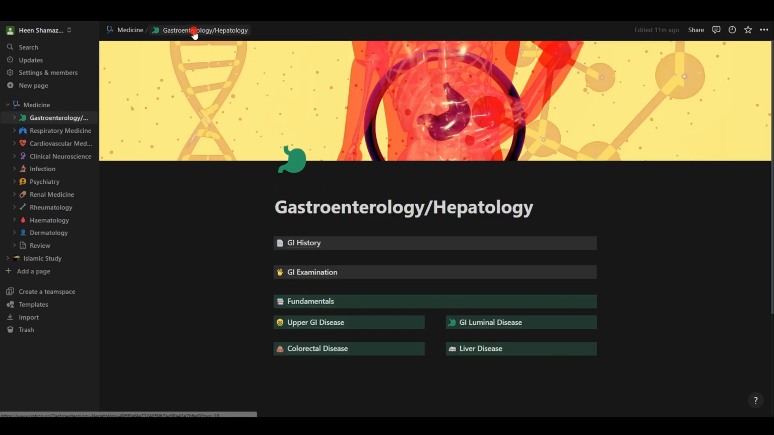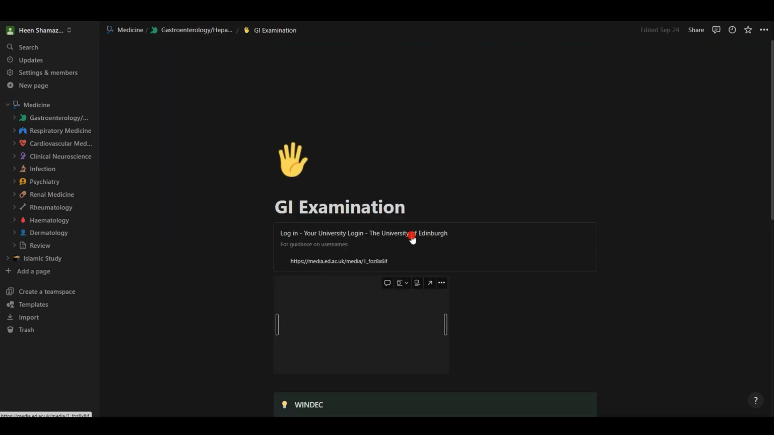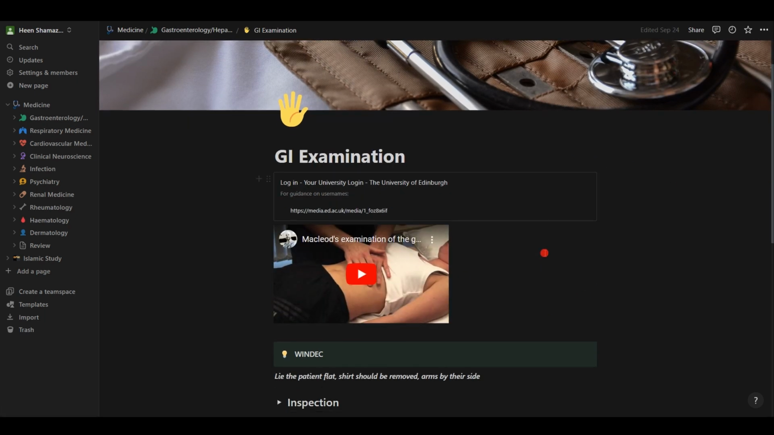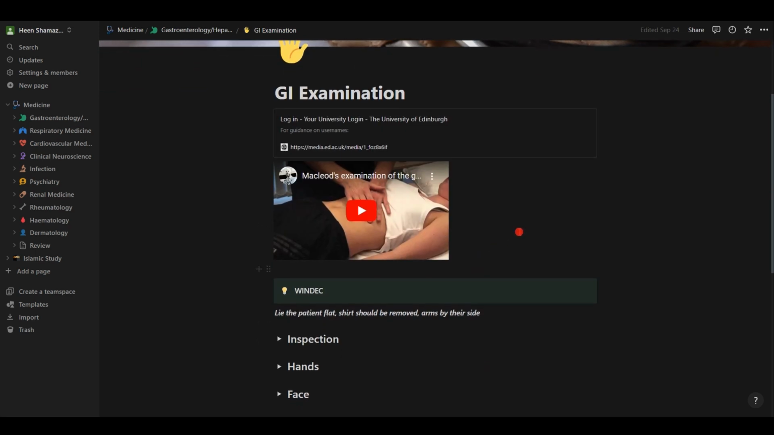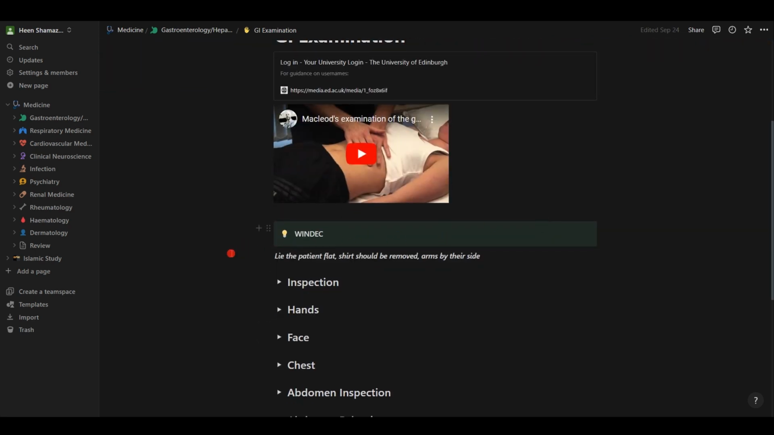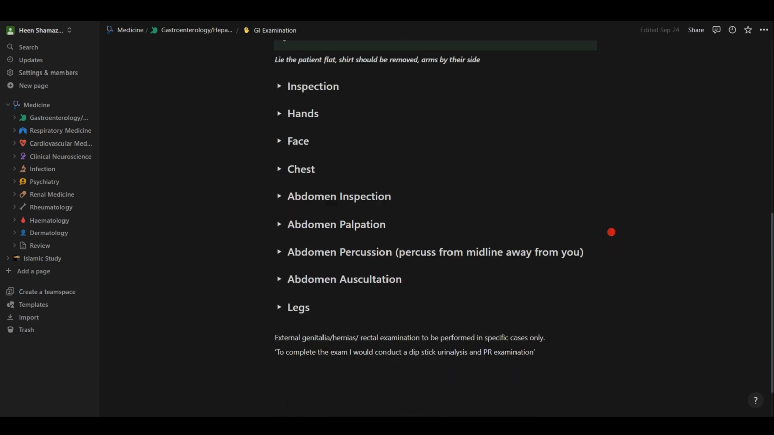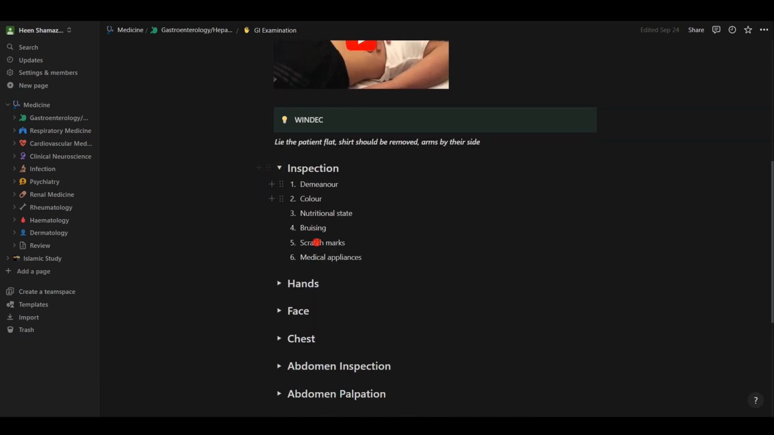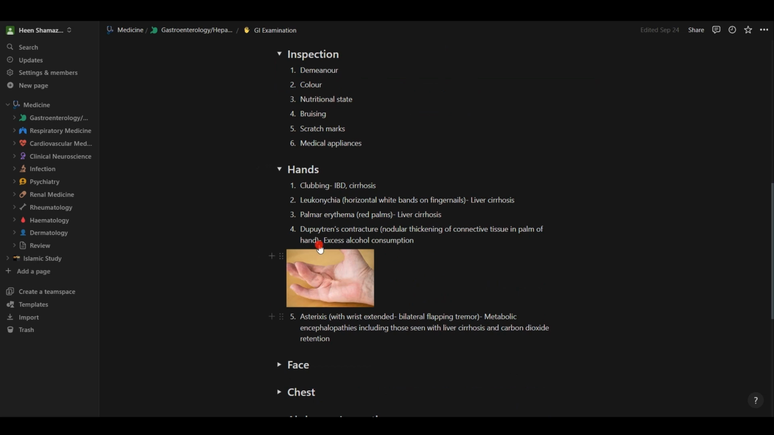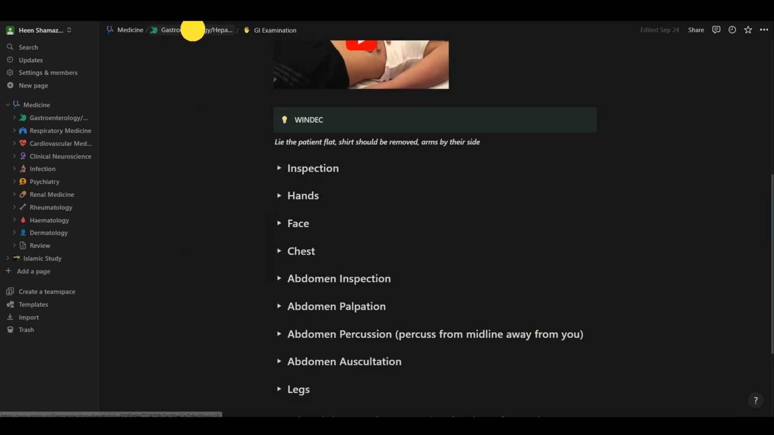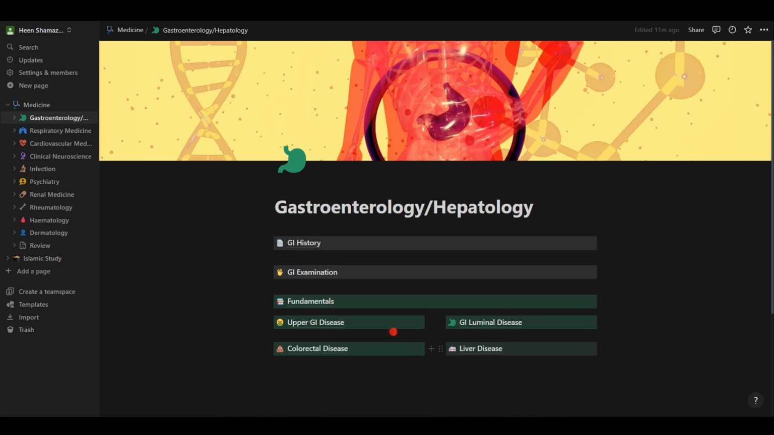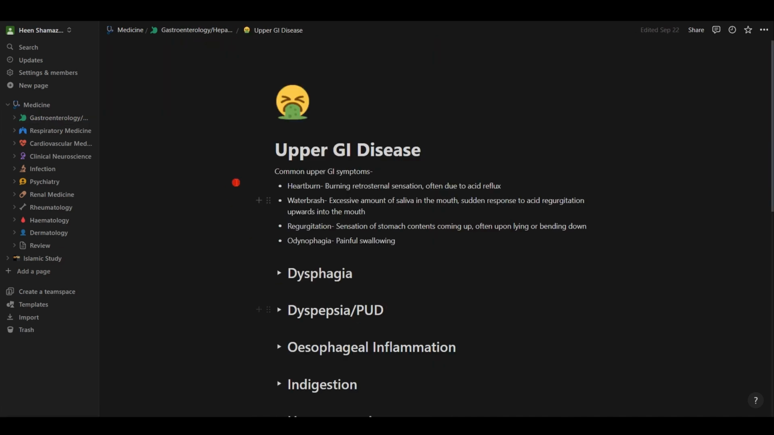I quite like how I did the examination because you can actually have links to videos embedded inside your notes, so this is always great. You can also have these quote shout out links as well, so I like that. And then again, I've gone for lots of toggles just to help me with revising as well. So that's that. And then in terms of actual lectures, for example here in upper GI disease, I've